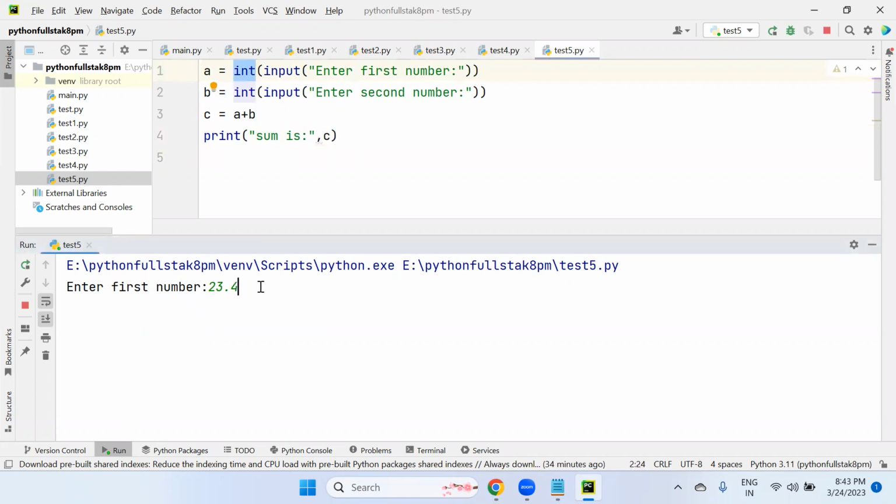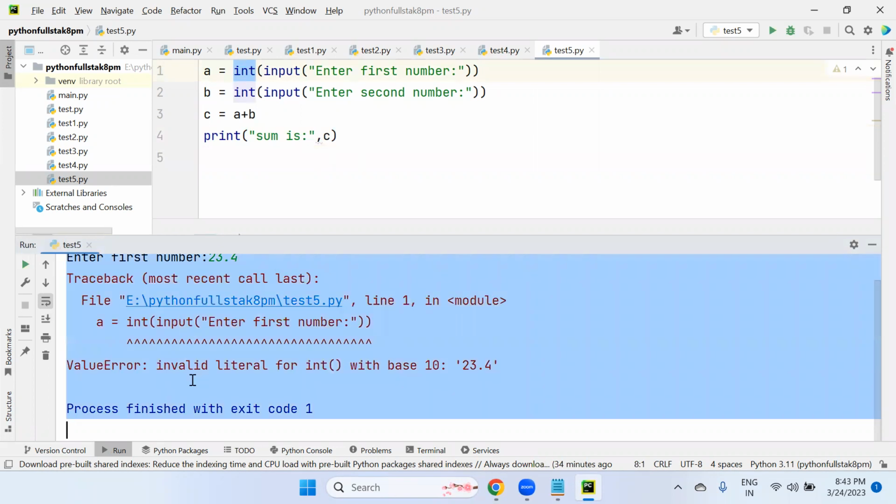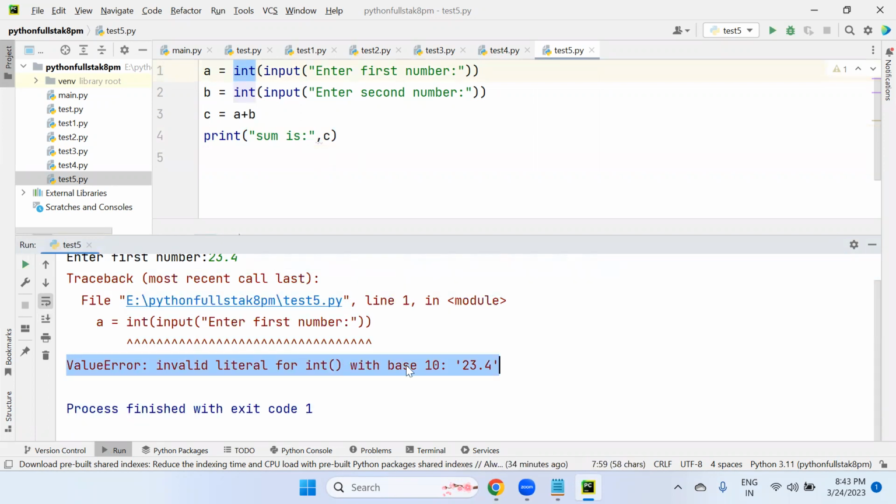So we are giving float, but you are converting to integer. So look at this: ValueError, invalid literal for int() with base 10. Invalid, because in integer format only base 10 values, the 10 digits, will be accepted.